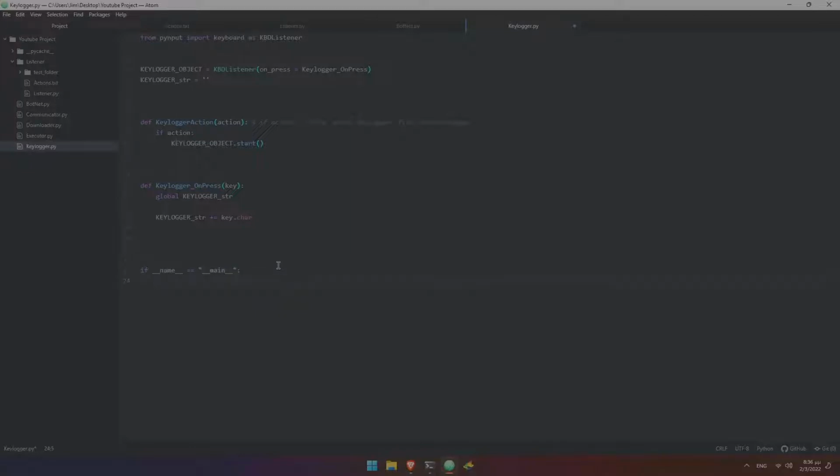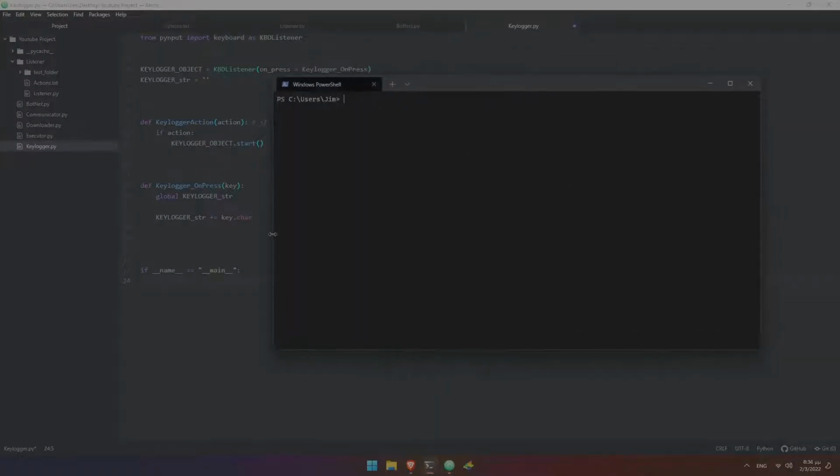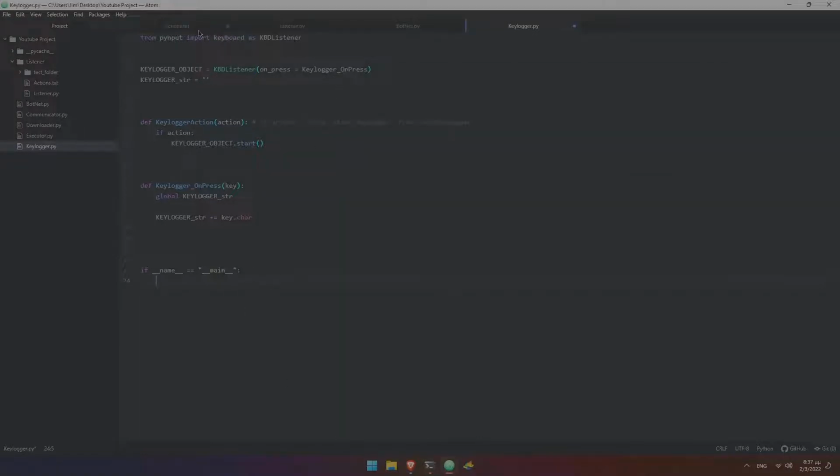So yeah, we add this here. This name equals main. In case you don't know, name is a special variable in Python 3. So if name equals main, it means we are in our script. We directly call the script from the terminal, from the CMD, or we just double click on it directly, and we don't import it from botnet.py or another file. So here,